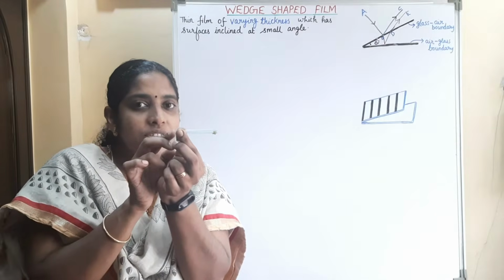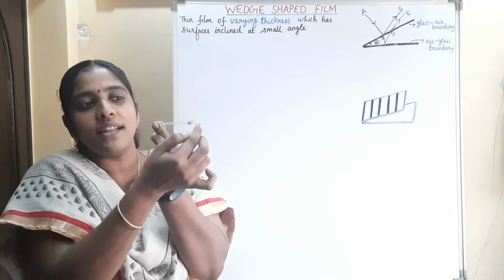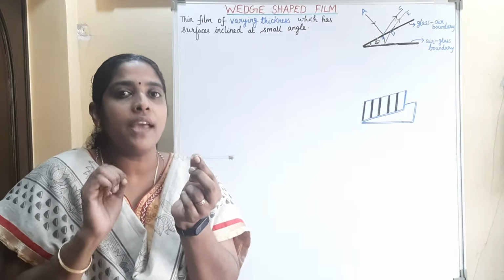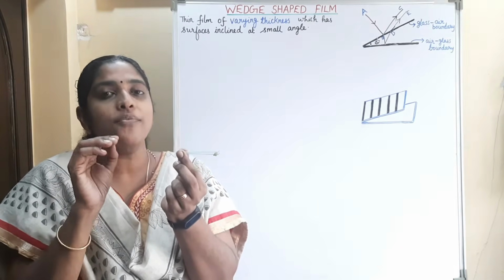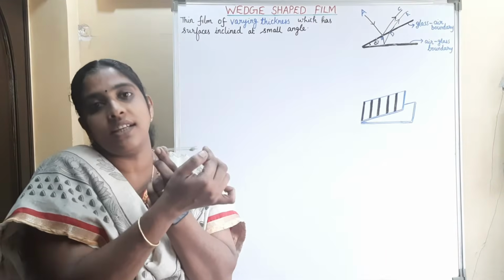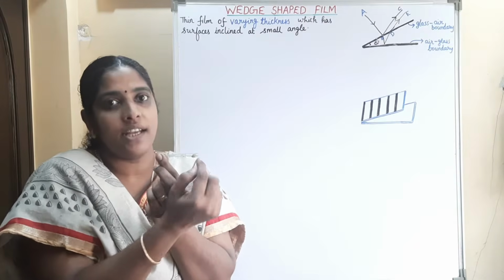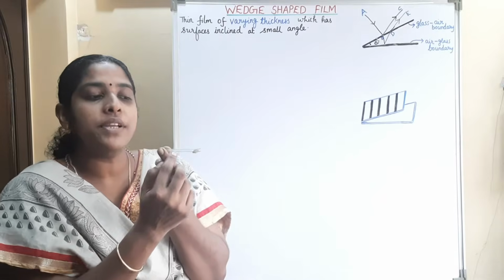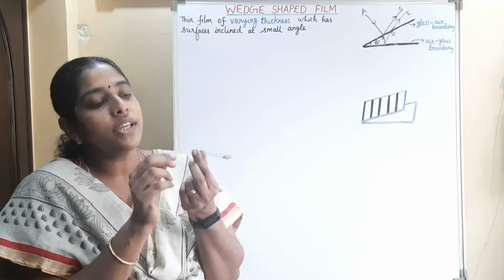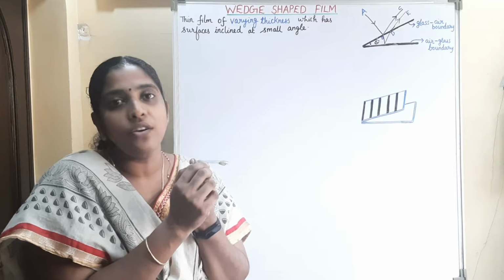At one end, these two glass plates are in touch with each other, and from this contacting edge to the other end, in between these two glass plates, a film of air is formed, and the thickness of this air is varying from this vertex to the other end. It is progressively increasing from this end to the other end. So the film formed in between these two glass plates is known as wedge-shaped film. So it is making a small angle between the two glass slides, that is angle of wedge.